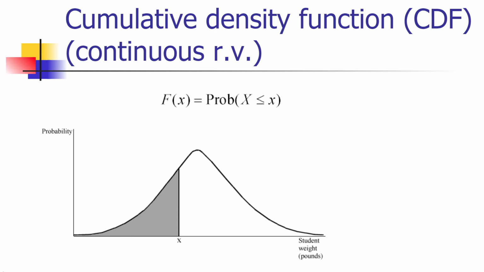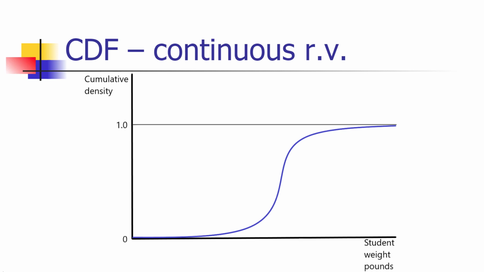This image here represents the probability density function for a random variable which measures the distribution of student weight in a given population, let's say at some college. This appears to be roughly a normal distribution, that sort of bell curve that you've worked with quite a bit in earlier courses. The probability of being less than or equal to any threshold value is just the area under the PDF up to that threshold value. We can also directly graph the cumulative density function, which tells you what the cumulative density is at any point.